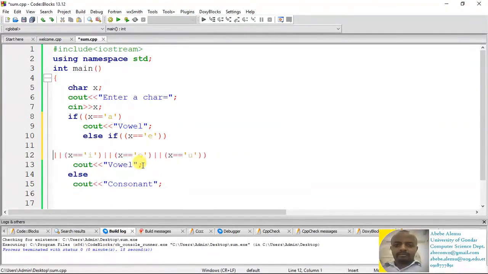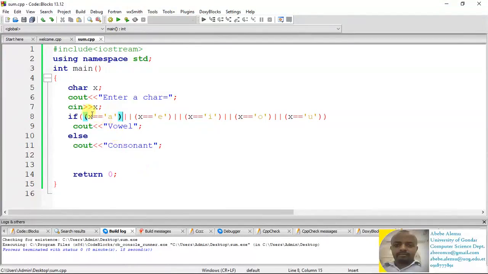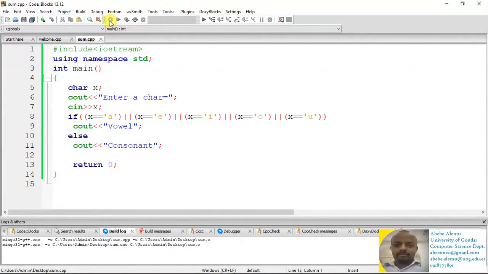So one thing that you should keep in mind is that if you have conditions with the same output, you can combine those conditions with the or operator. So this is how you check whether a given character is a vowel or